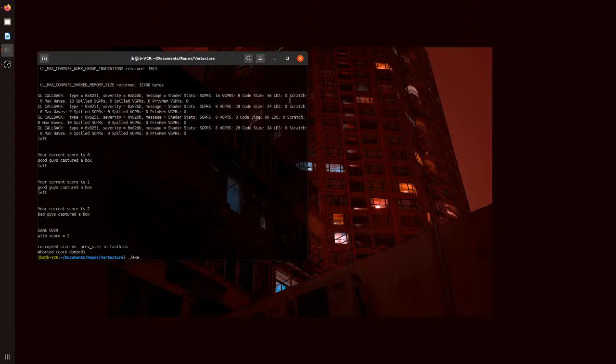Getting a lot of seg faults on this machine. I'm not really sure what's going on with that. Anyway,